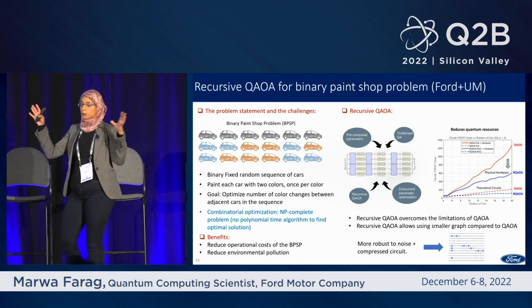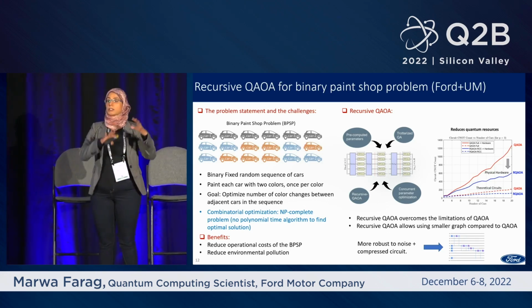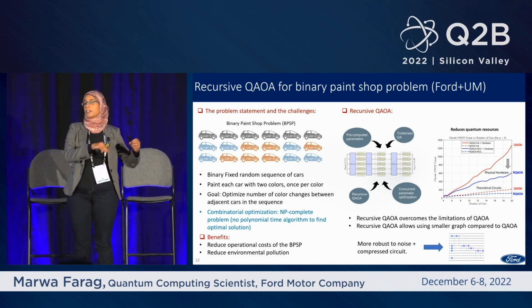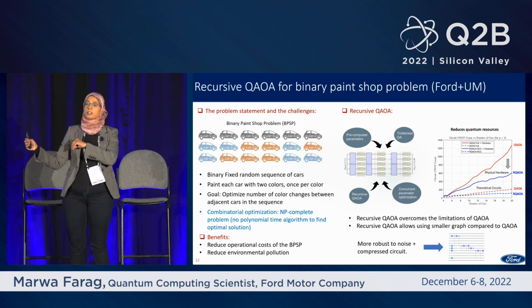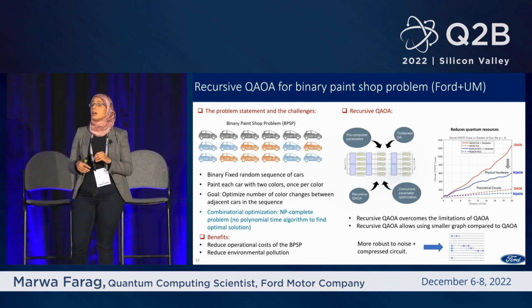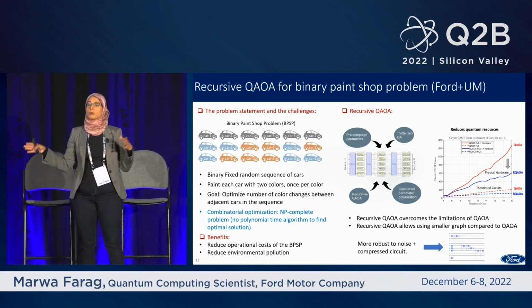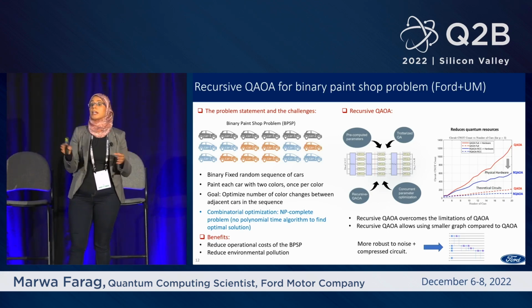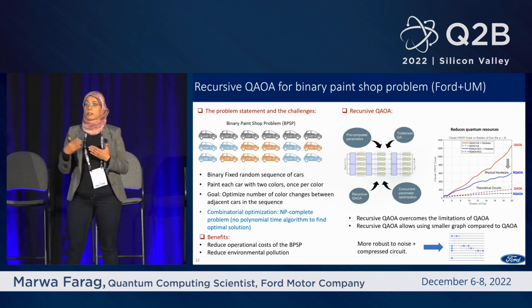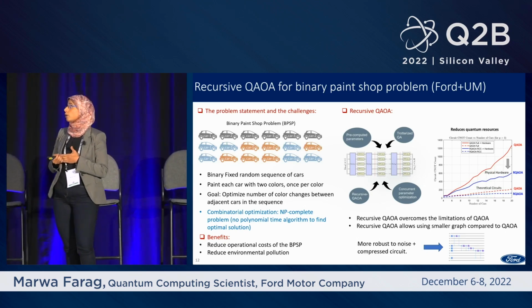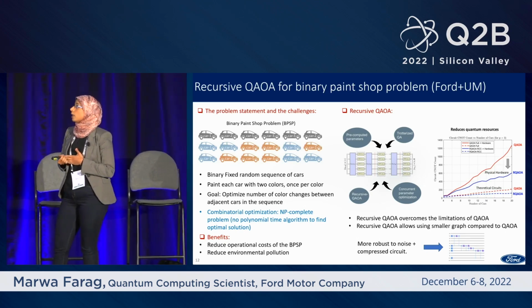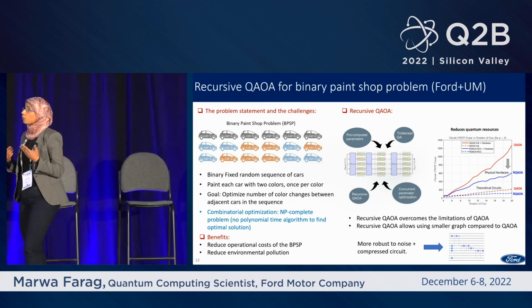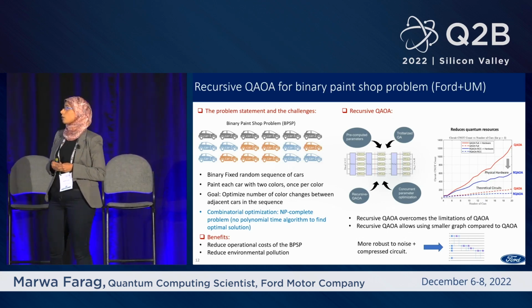Say, for example, we have bunches of cars. You have 5 SUVs, another 6 cars that are sedans, and others that are trucks, and you want different colors, and you want to paint those cars in a given way. This is really a hard optimization problem, so solving it would actually help us to reduce the cost.